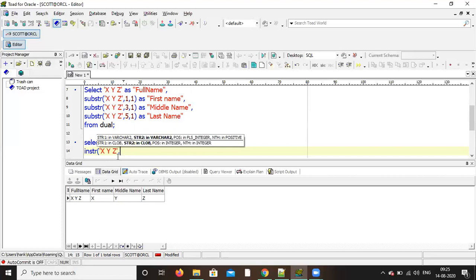You are going to find the position of the space. So you have to give space, not one. Single quote, space, single quote. Whatever you are going to find, you have to write that one first.